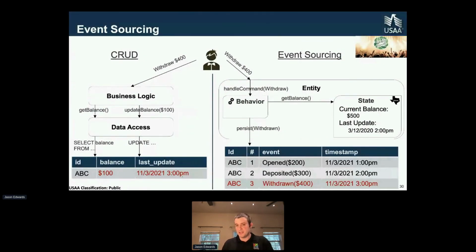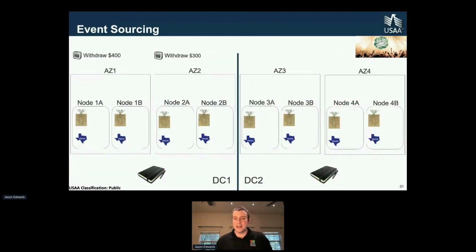After the events have been persisted, then we go update our state to say, hey, can you handle the fact that this withdrawal has happened? And then we update our state with the current balance. So that's event sourcing in a nutshell, if you haven't had a chance to see what it actually looks like yet. Now, with event sourcing, we again have this question about strong consistency versus eventual consistency,